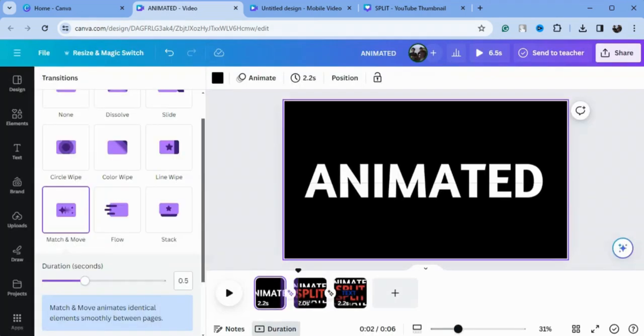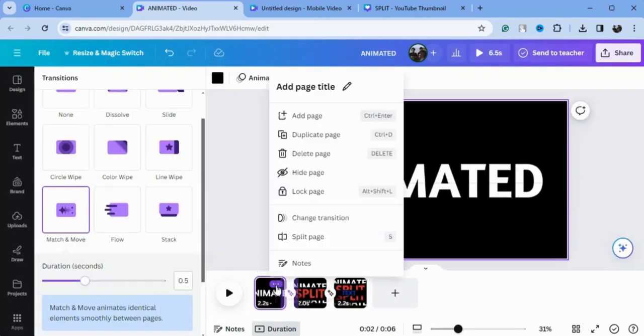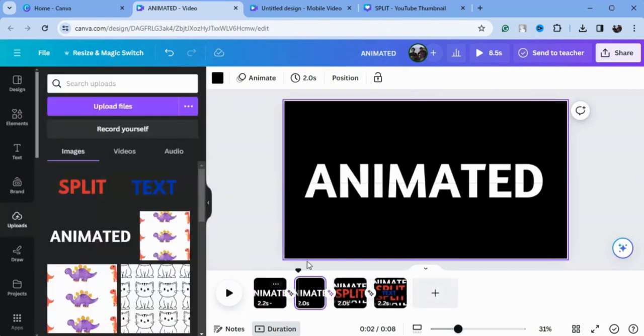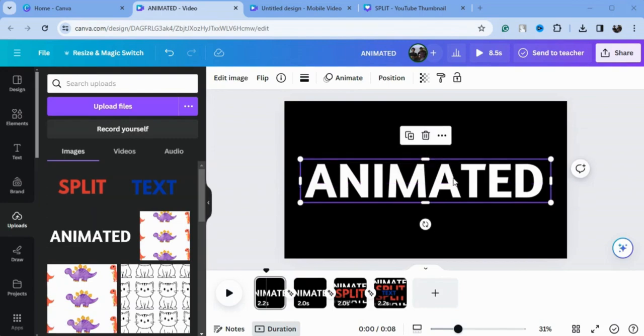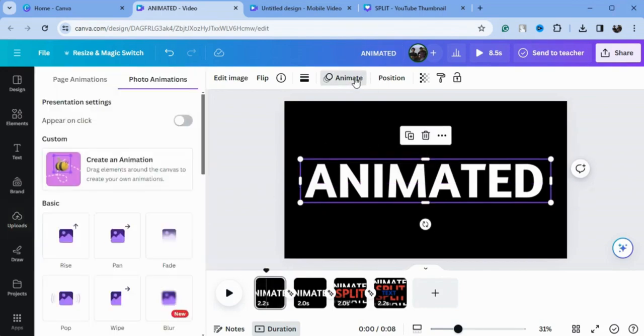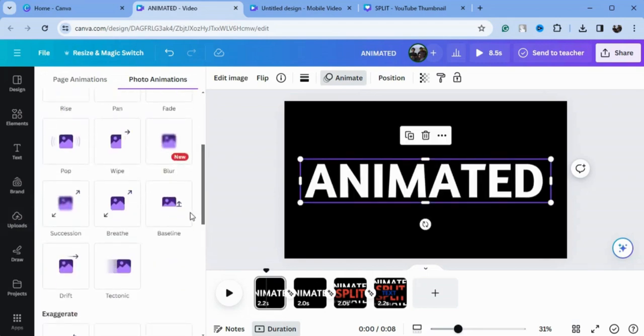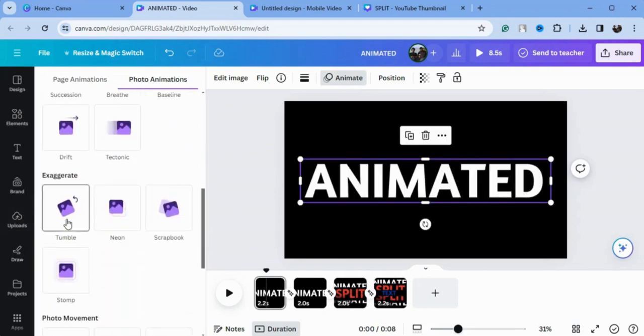And now we will duplicate our first page and select our text and go to the animation and select the tumble. I will decrease the intensity, and